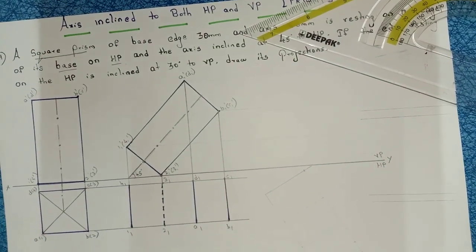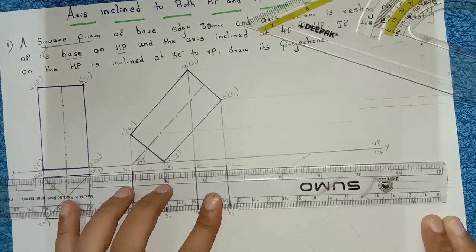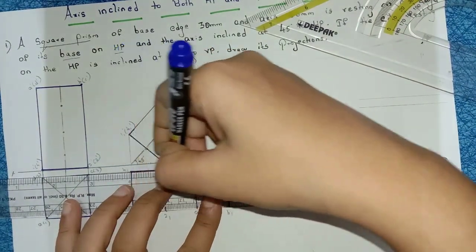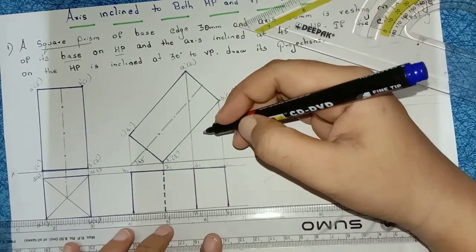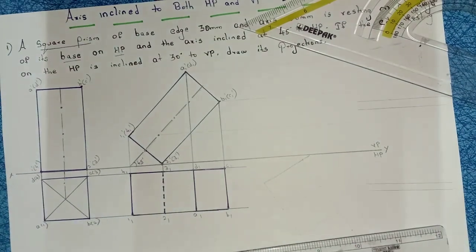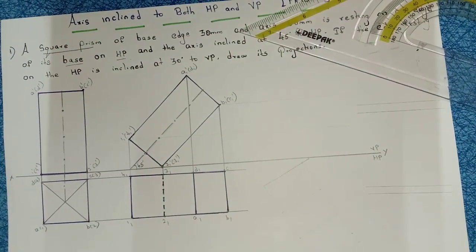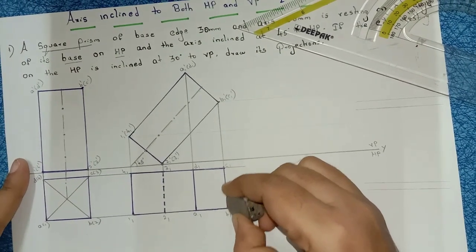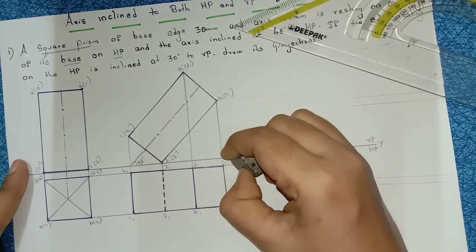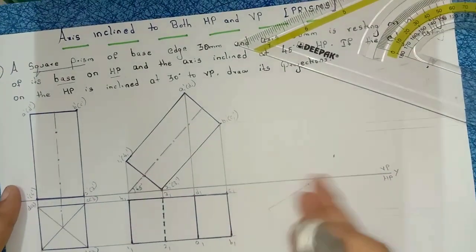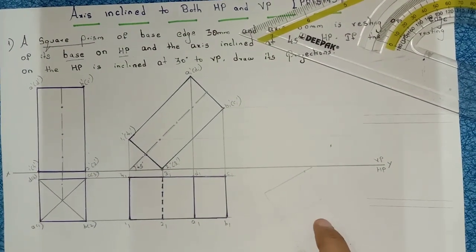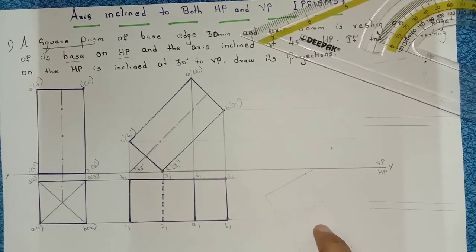Right, after that join this prism. Join this here 4, 3, D, C. Right, and here 1, 2, A, B. Right, so this is your square prism. After constructing this second method, you can rub the remaining projectional lines. Right? So this is 1 2 3 4. Now I have to construct the fifth step here. This is my final position.